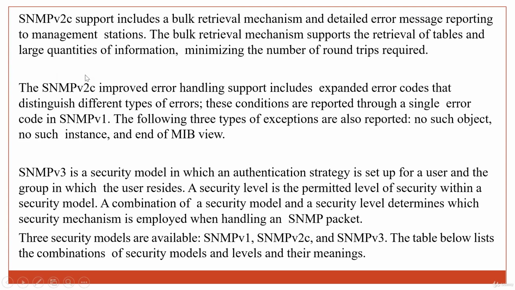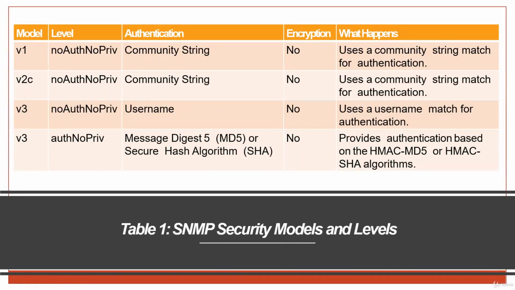All right, so version 2C can get a large volume of data with less expense. Expense here means the memory, the round trip delay, etc. That's the power we have with respect to 2C versus SNMP version 1. And when we are talking about version 3, this is based on the security model for users or users belonging to a group. Now, what is the difference? I have the slide for that.